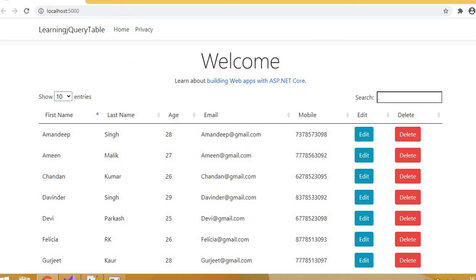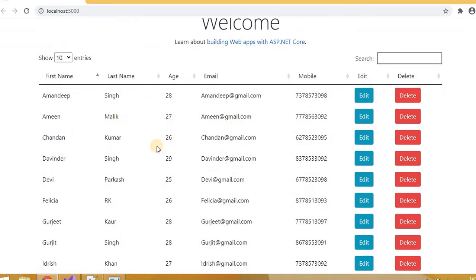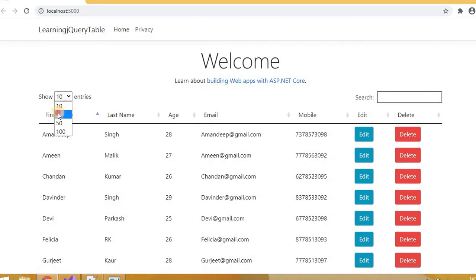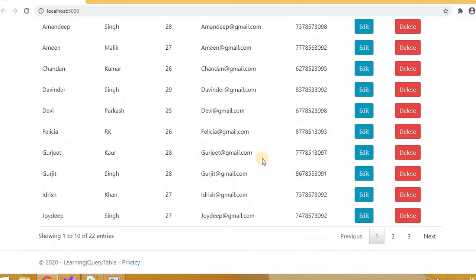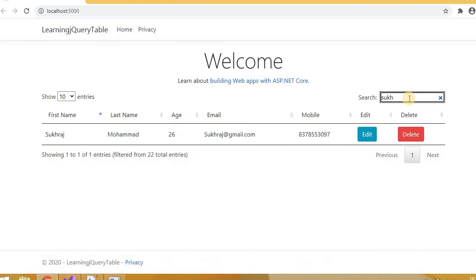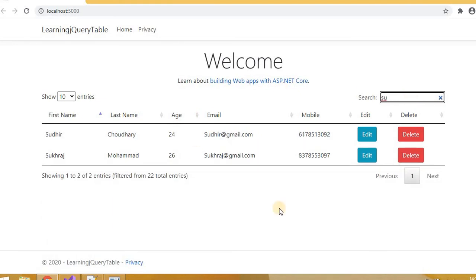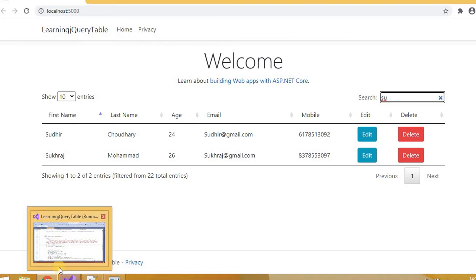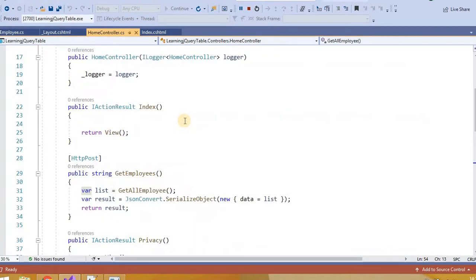In this video we will create one grid view of that type, which will look like this, where we can filter the data and choose how many entries to show on a single page. Then we can search the data, right? So how we can implement this type of table using the jQuery plugin in a .NET Core MVC application, we will see in this video. Let's switch to Visual Studio.